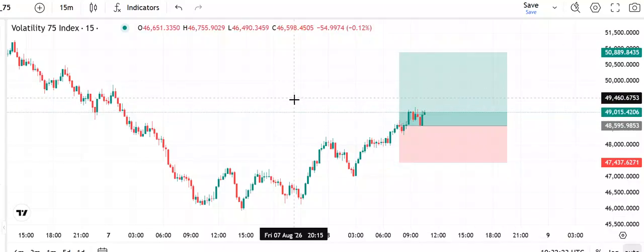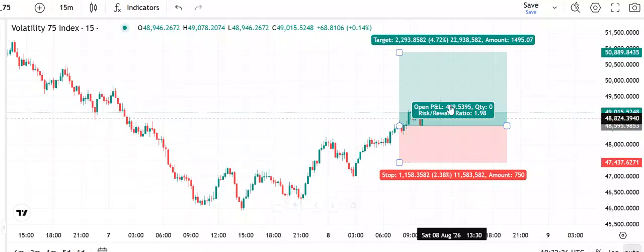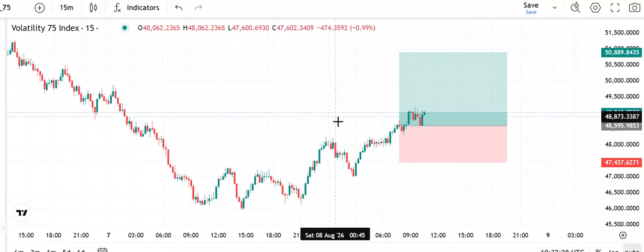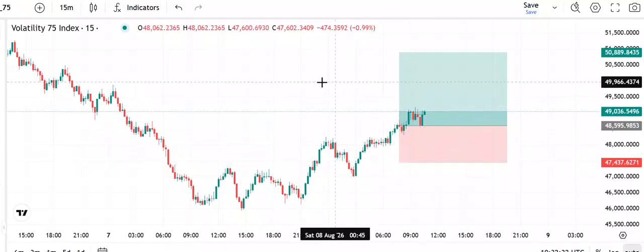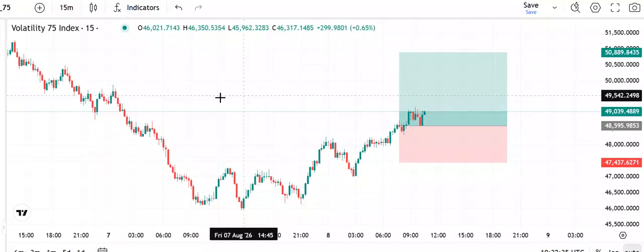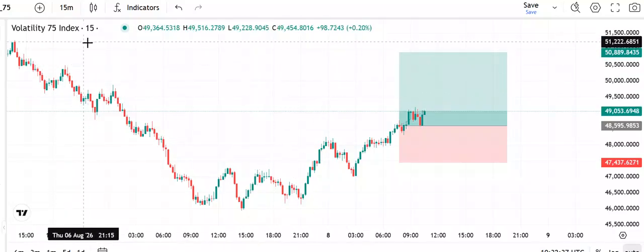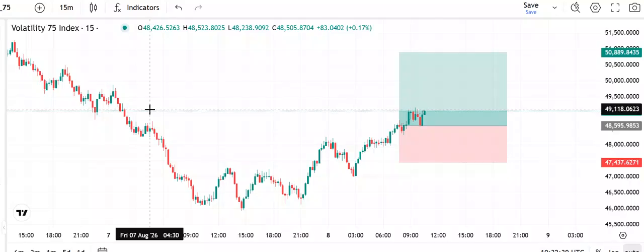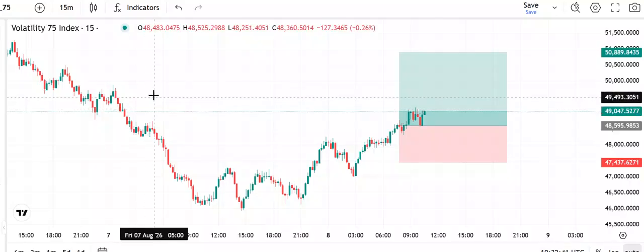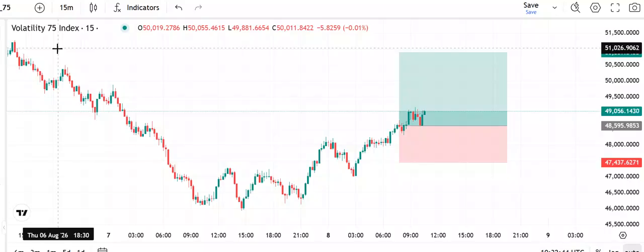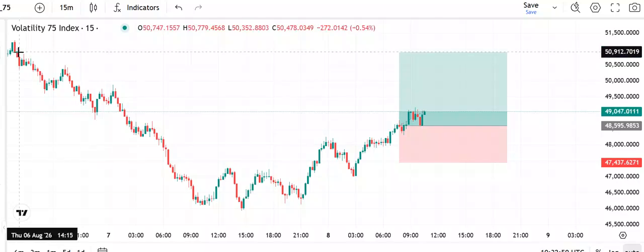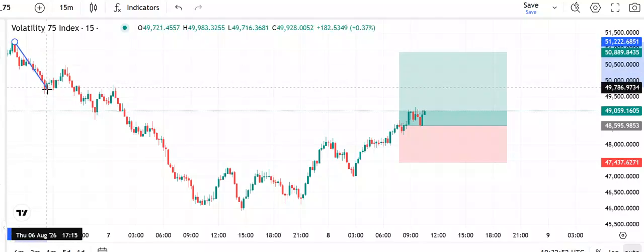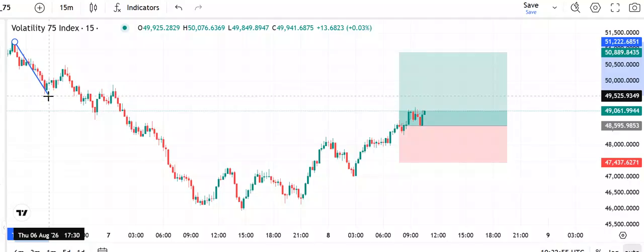This video is about explaining how I got this particular trade setup. For your information, this is volatility 75 index on 15 minutes time frame. What I did was first to observe the trend. Now, market trend as at this side of the chart